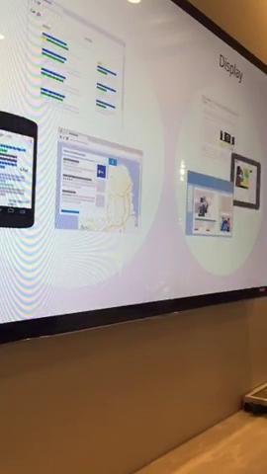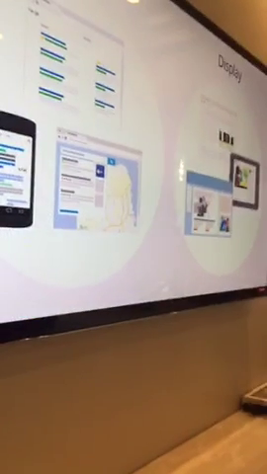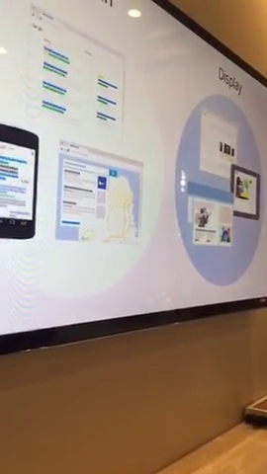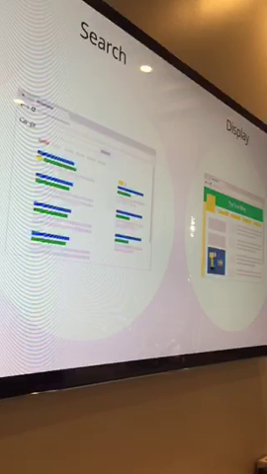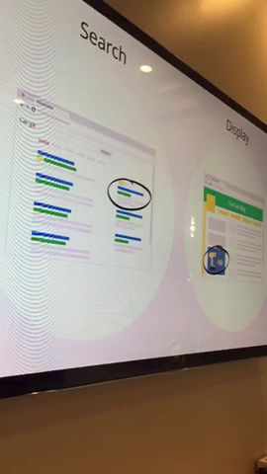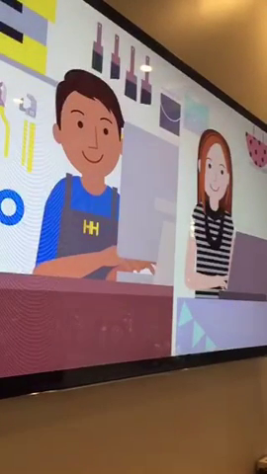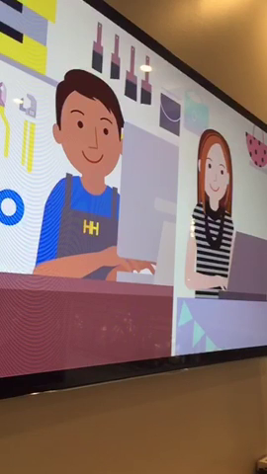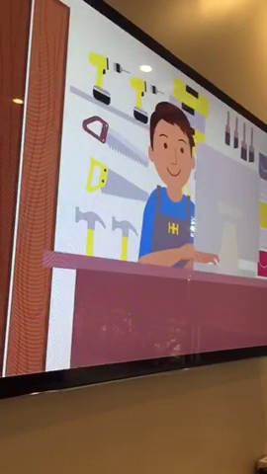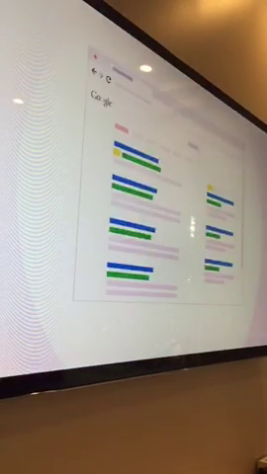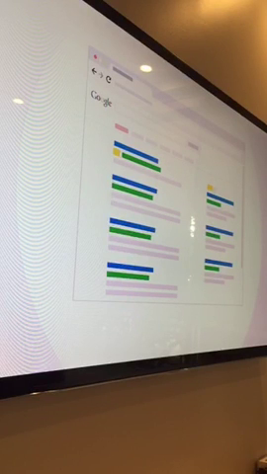The Google network is divided into two big areas, the search network and the display network. By default, new AdWords campaigns use both the search and display networks to give your ads the most visibility. But many advertisers take advantage of AdWords' other campaign types that just use one or the other network. Let's look at each. So that's the search network. The search network includes those familiar text ads that appear